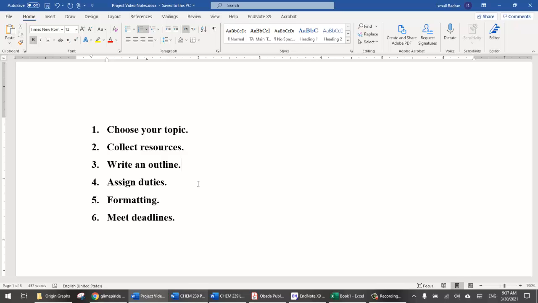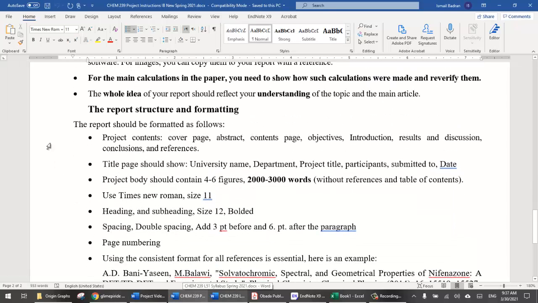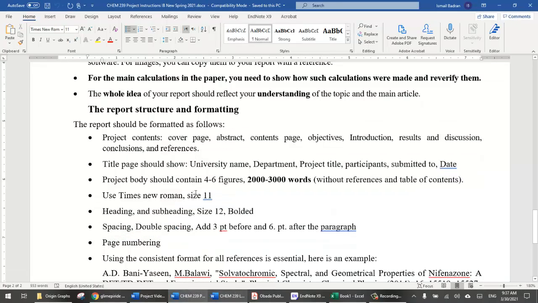And then you have to take care of the formatting, of course, according to the specifics written in the project. For this project, I have outlined the format that you have to follow. Okay, it's all written here. You have to stick to that. But this is just to train you in the future to stick to the formatting, because this is a very important aspect of project writing or scientific writing, that you have to follow the instructions given to you. If you're writing to a journal, usually they have their own specifics and their own formatting, which you need to